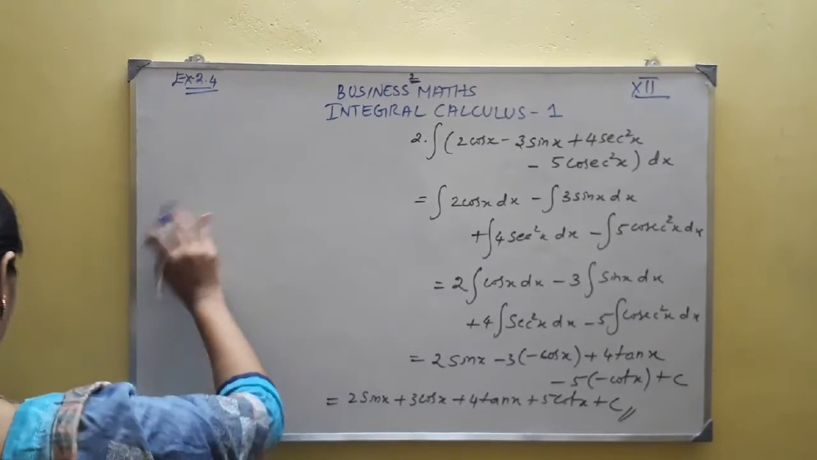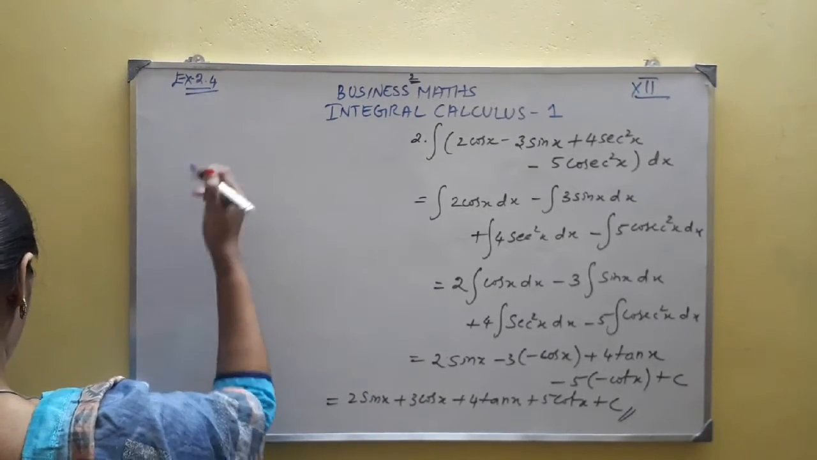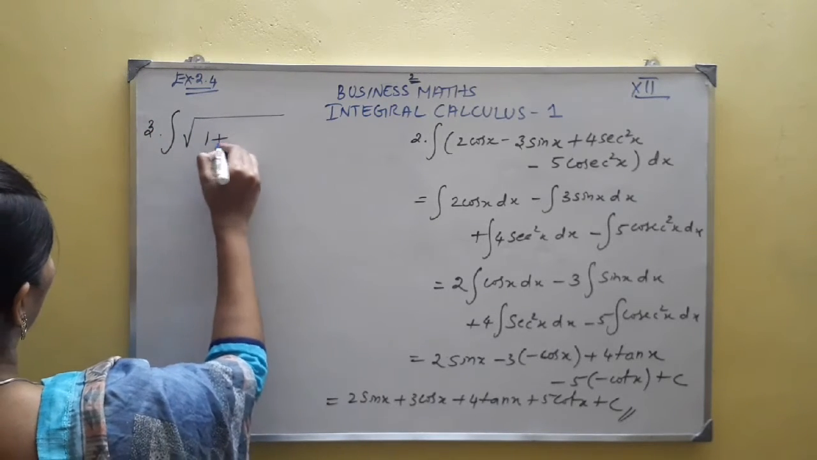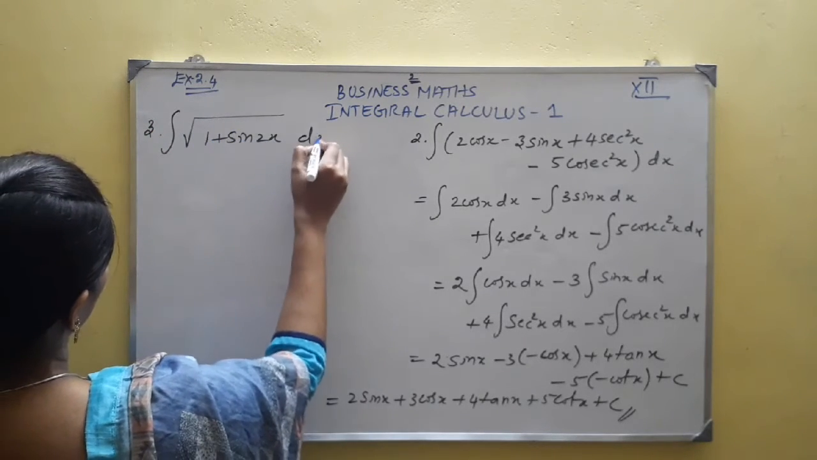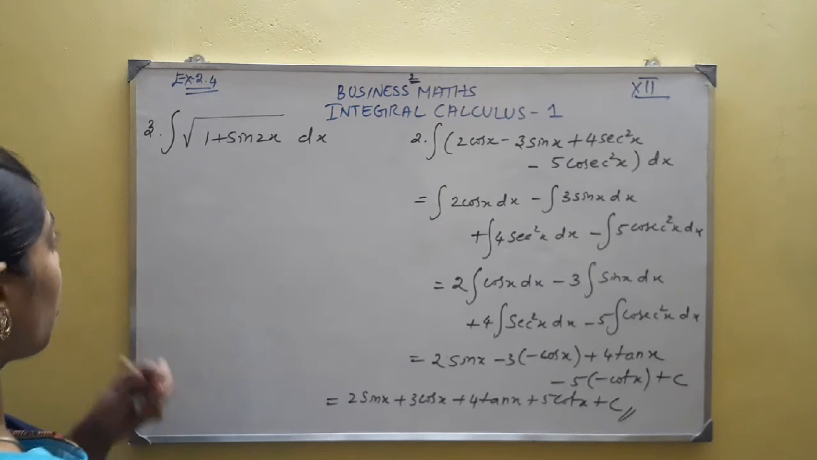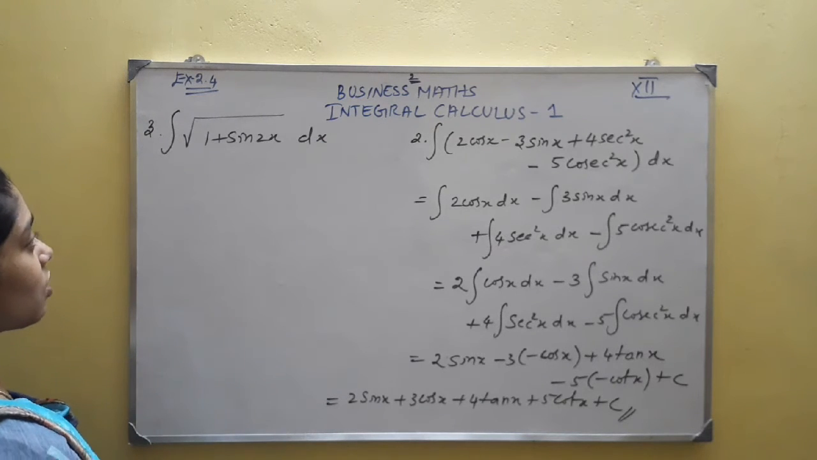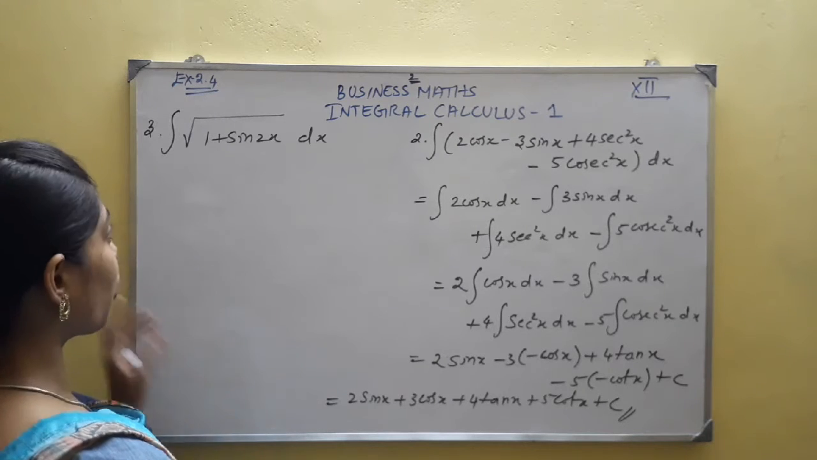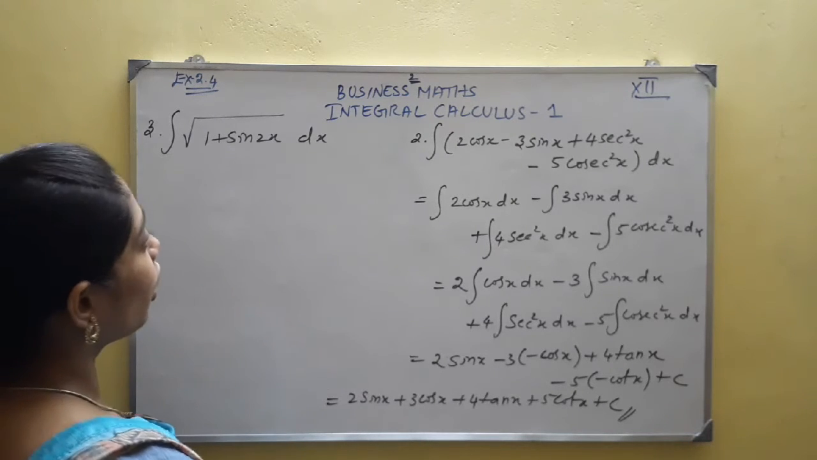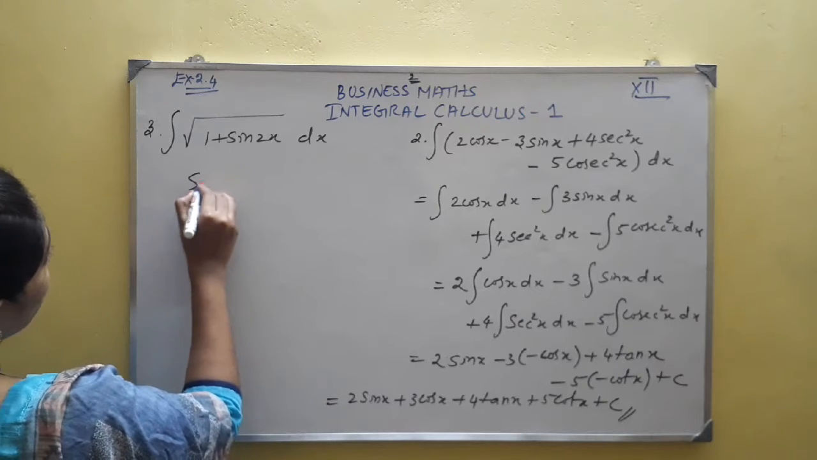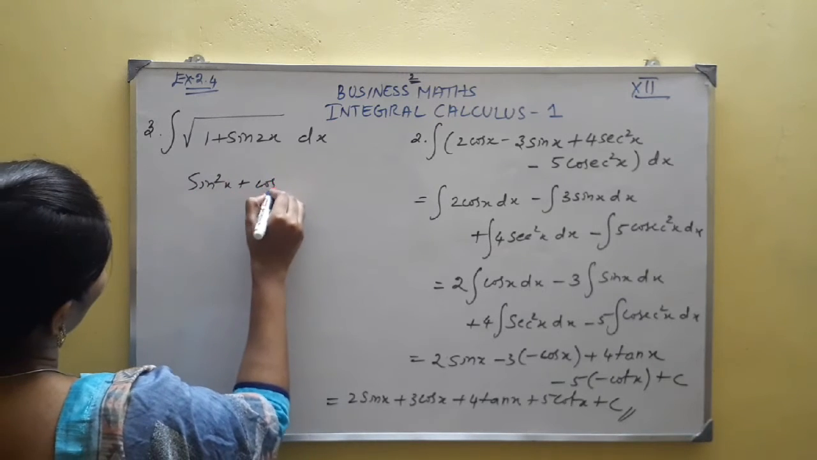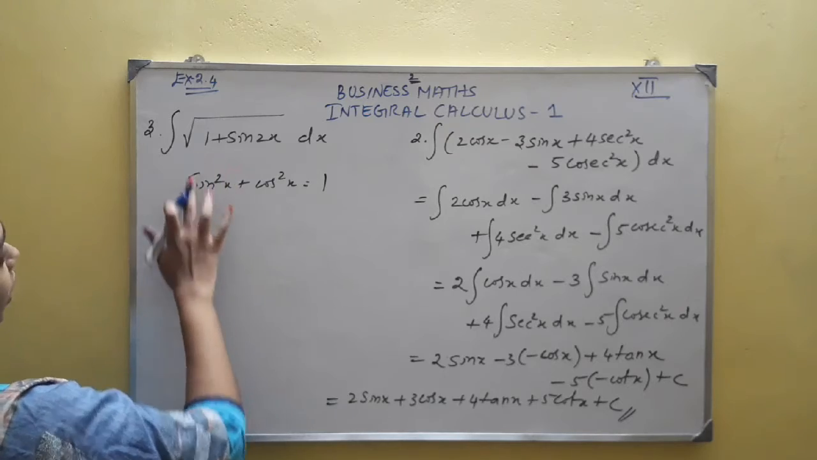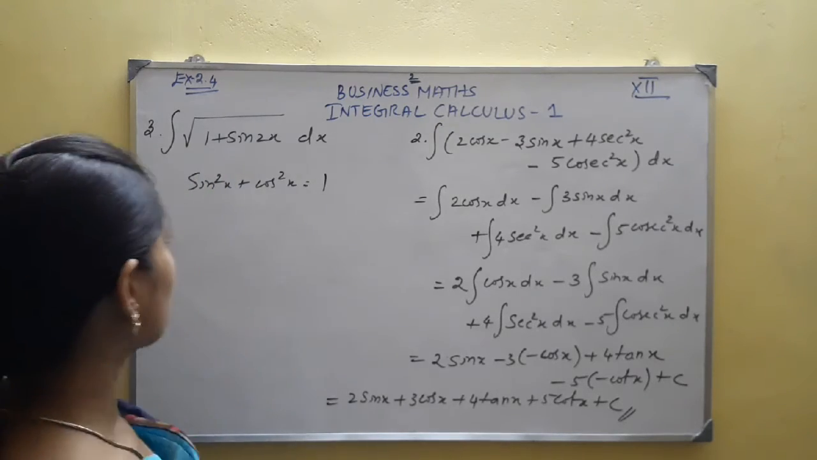Third one. What is integral root of 1 plus sine 2x dx? So this is a trigonometric function of sine 2x and all. Where the trigonometric function places you feel difficult to approach the problem, if you have 1 here, you can use the identity sine square x plus cos square x equal to 1. So instead of this 1 I am going to use this identity. So I will get